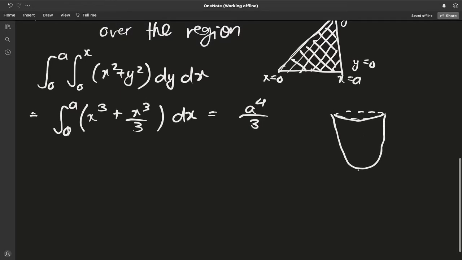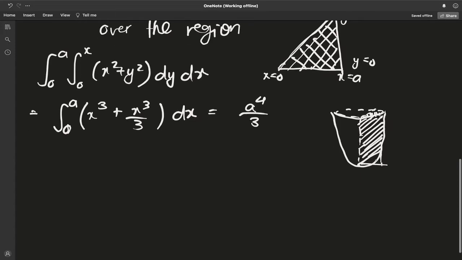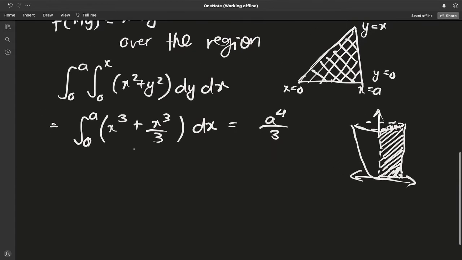I'm sorry, it's a bad drawing, but you take some piece of this paraboloid which has the base of this triangle here. So it's kind of like this shaded region. I'm sorry for my drawing again. Okay,